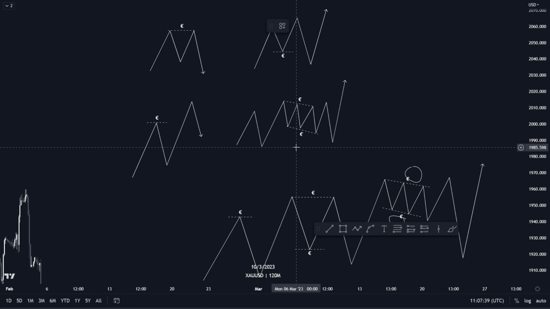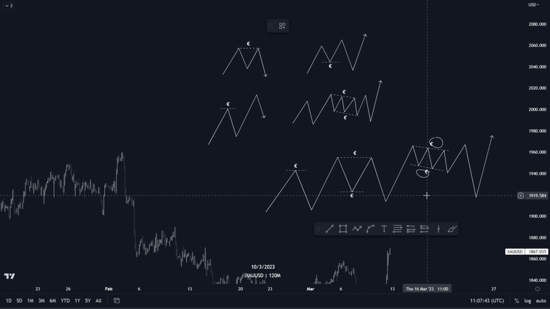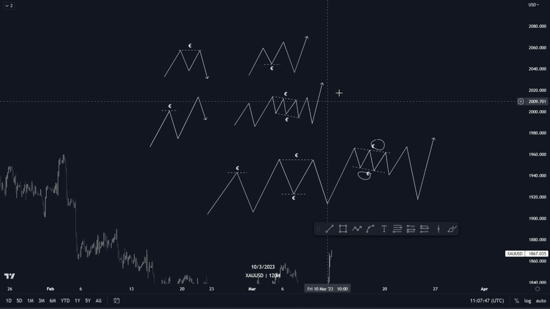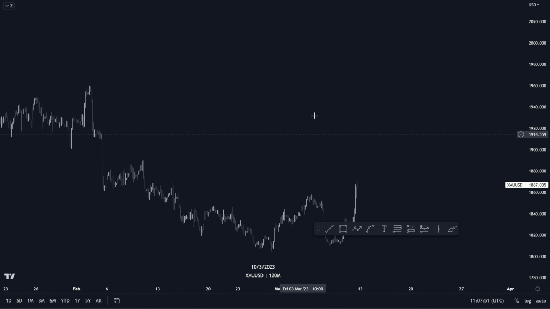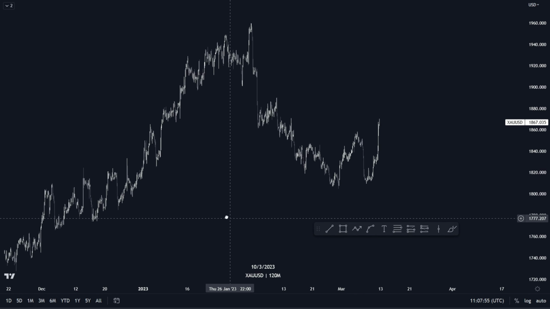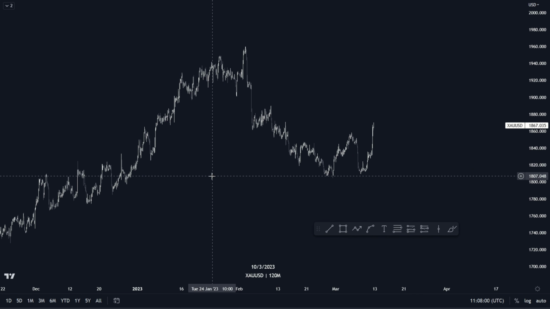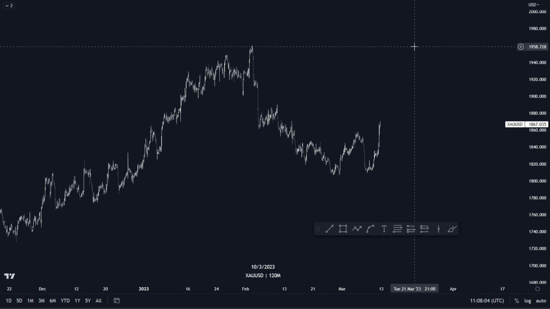And here we have the trend line liquidity. Okay, so now that we have covered all this, let's move to real chart examples. Okay, let me just clear off this. So in this example here we have gold on the 2-hour time frame. Let me just move to the weekly time frame and let's start off there.